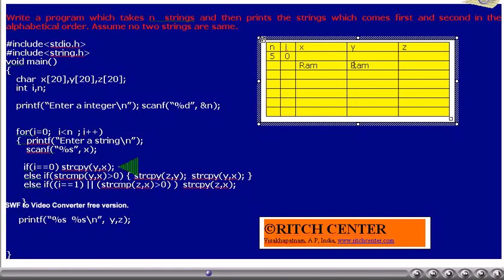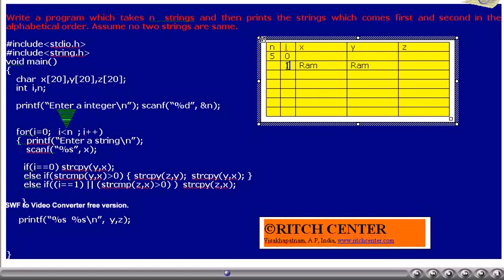That is, if i is equal to 0, the things available in x will be copied to y. Currently i value is 0, thus this condition is true, thus Ram will be copied into y. i value will be incremented by 1.